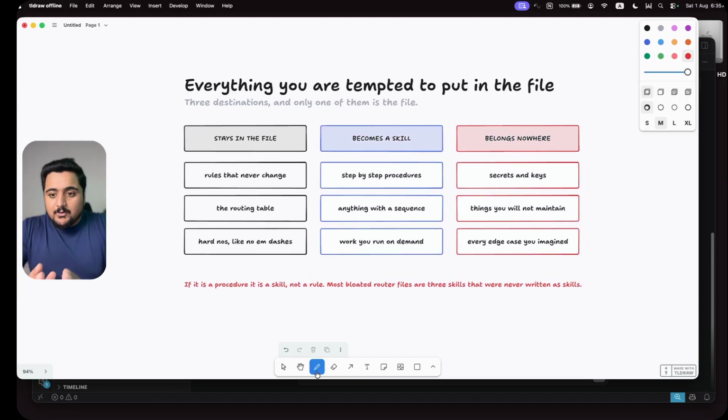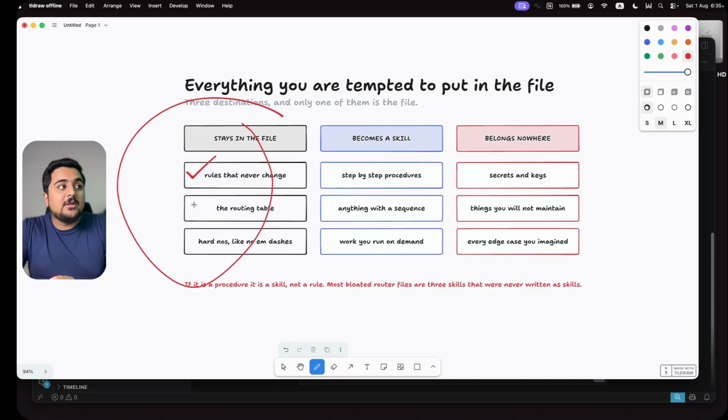Now in this file, what stays in Claude.md and what do we have to move into a separate workspace? Any universal rules, all of the rules that are not changing, will stay here. Any routing table, when to go to which specialist, will be built in here. And any hard rules, like you don't have to use dashes, that is very common in AI responses. And in my scenario, I asked it, don't over engineer anything, keep it simple, keep it to the point, and use the 80-20 rule. You can tell me about your best ones in the comments.